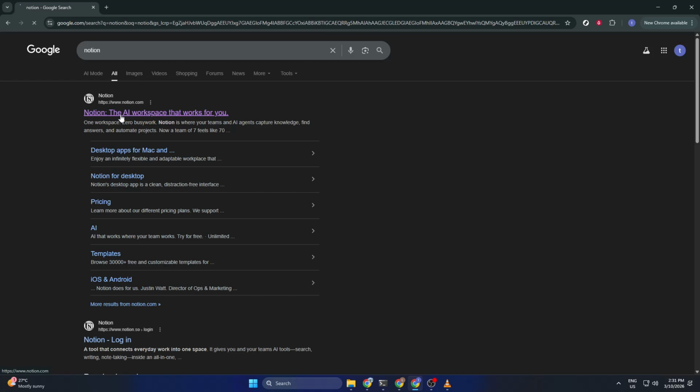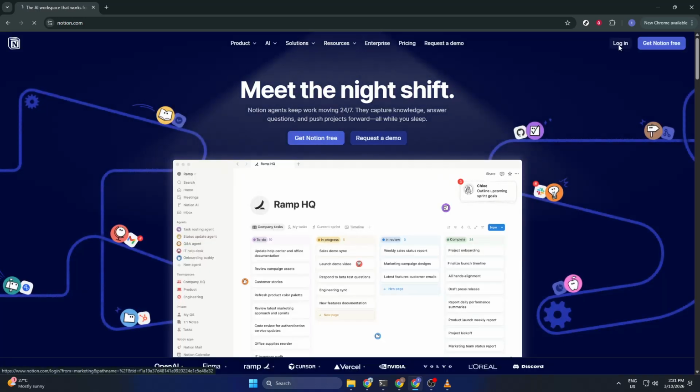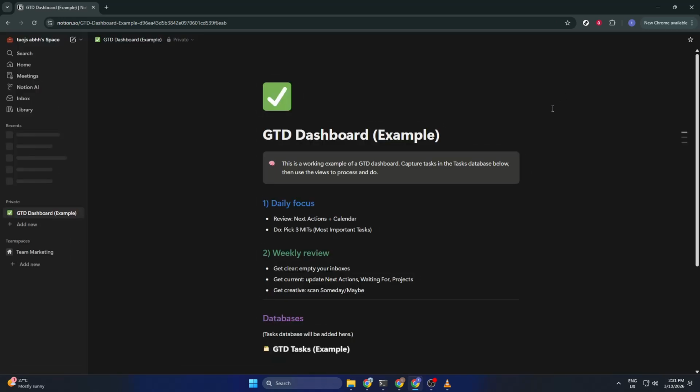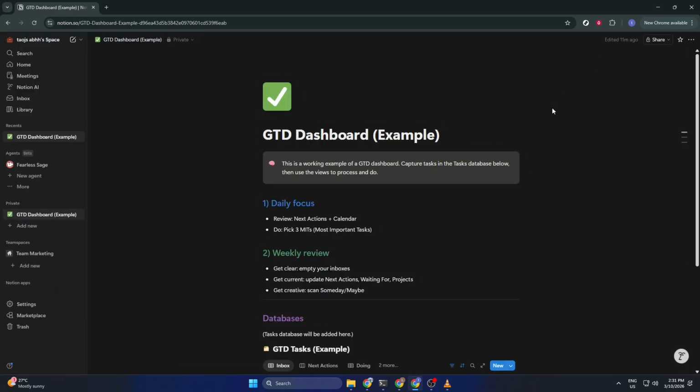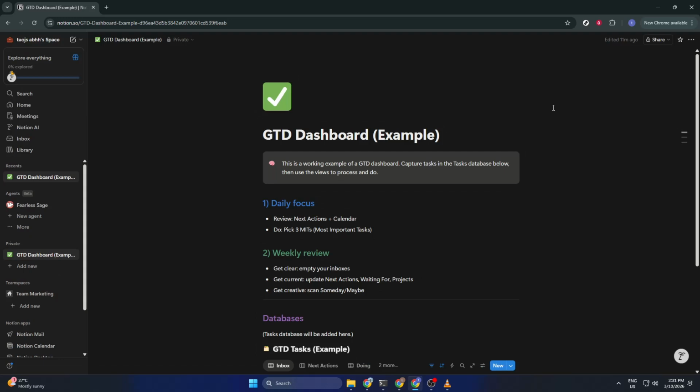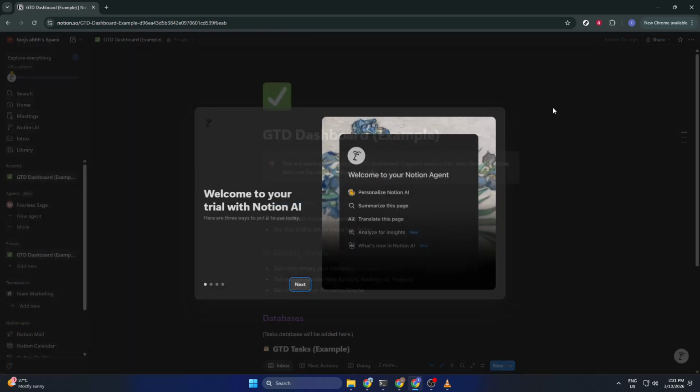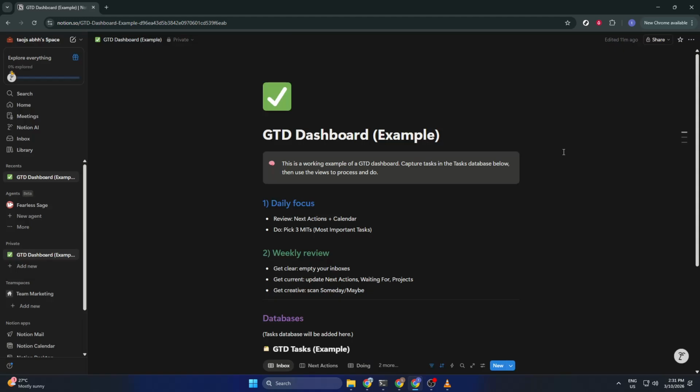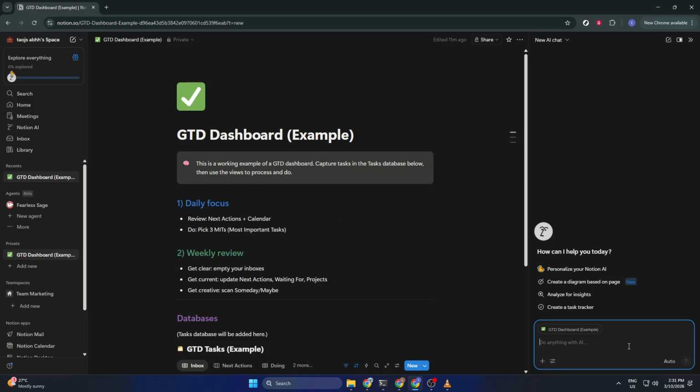Once you're on the Notion homepage, click Login. If you're already signed in, Notion may take you straight to your workspace without any prompts. If you manage multiple workspaces, you'll typically be able to switch after you land. Choose the workspace where you want to work with Notion AI and the GTD example. If you're prompted to authenticate with a provider, follow the on-screen flow and wait a moment for Notion to load